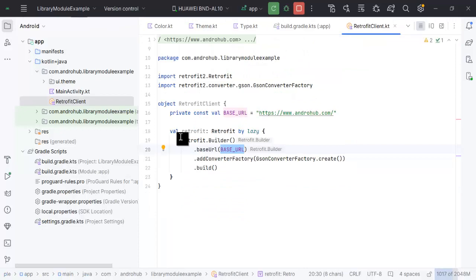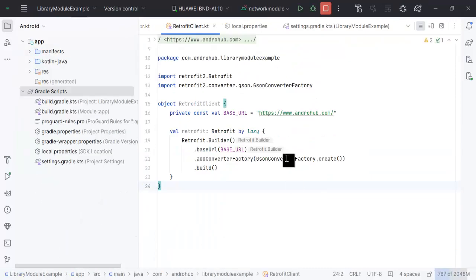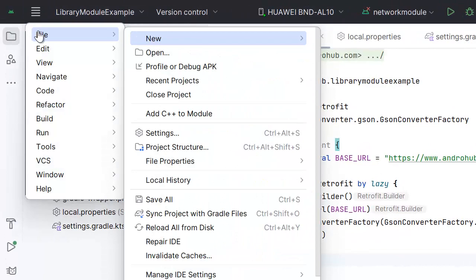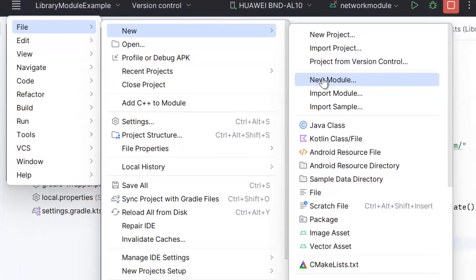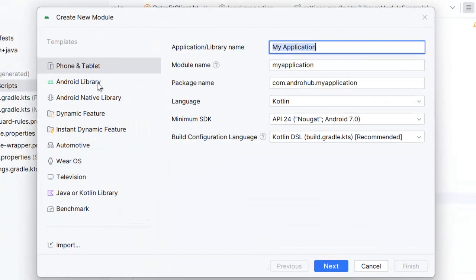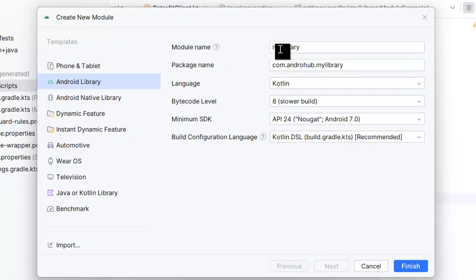Right now, I've created one project and I have initialized and added the dependencies for the retrofit, and I've created the instance for the retrofit client. Let's go ahead and create our module. File, new, then click on new module, and here you have to click on Android library and just name your module. That will be your network module,